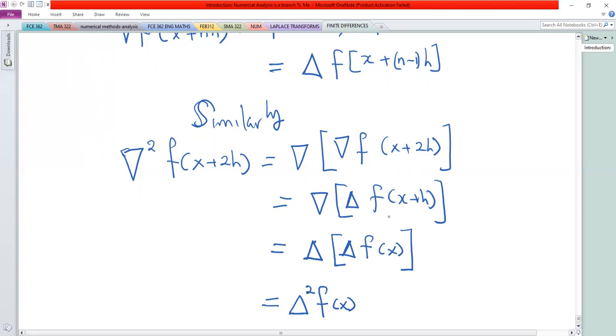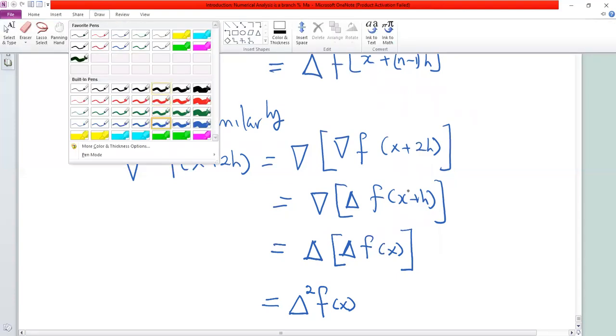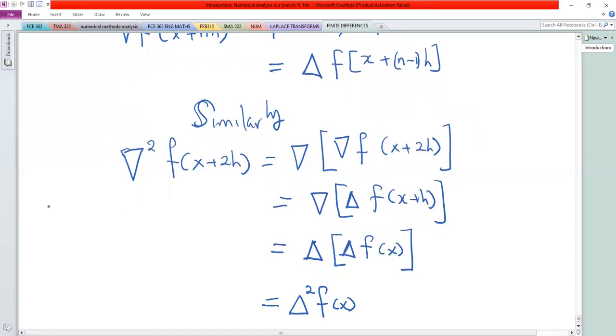Remember the reason why you are writing this one here at this point, just so that things are clear. At this point, when we have backward and then forward of f of x plus h, this is the same thing as writing